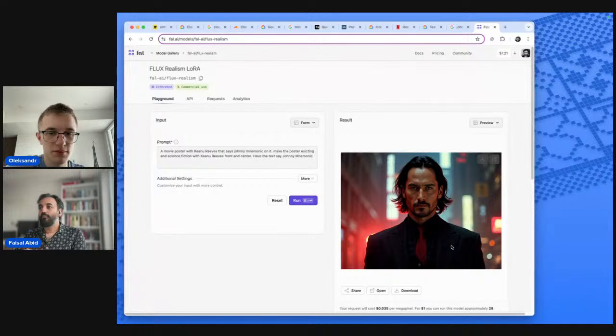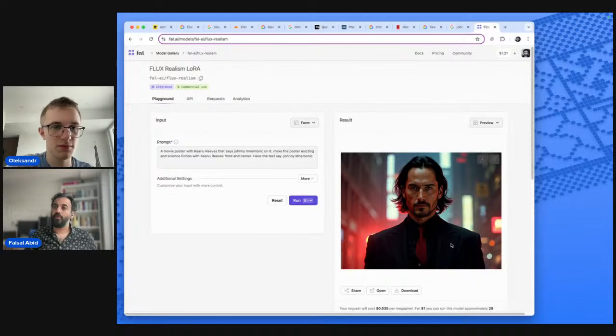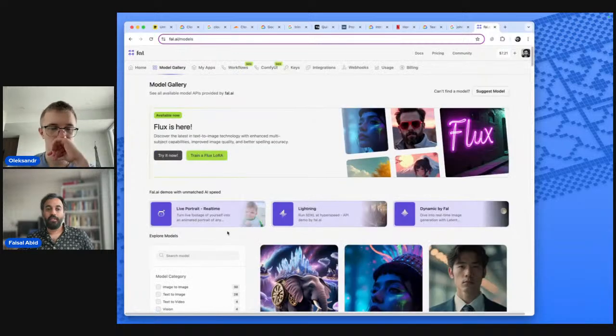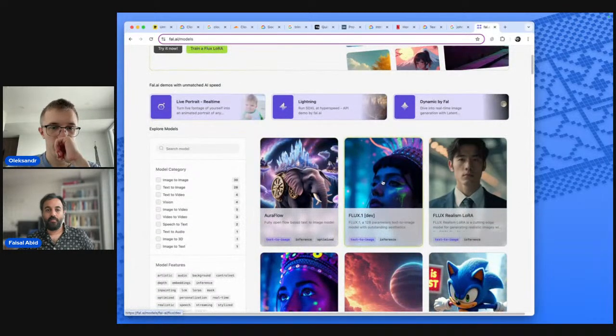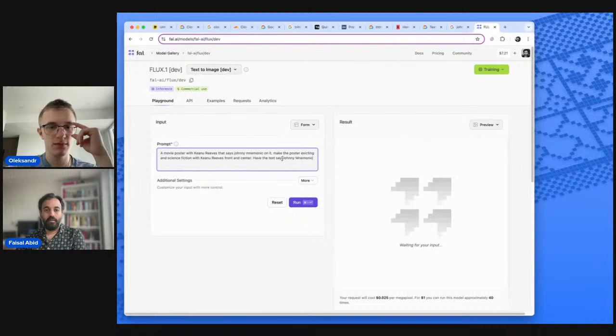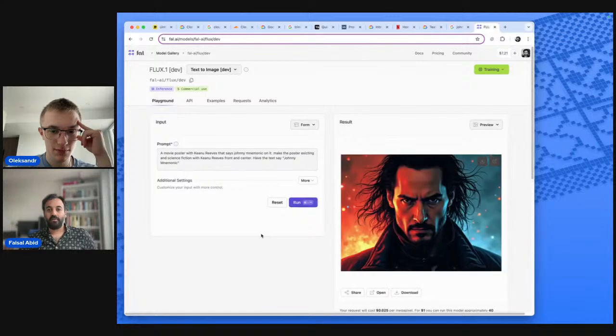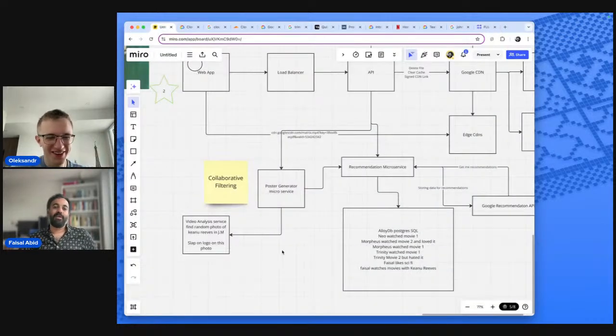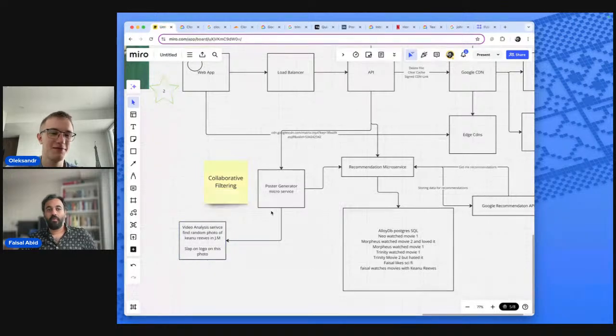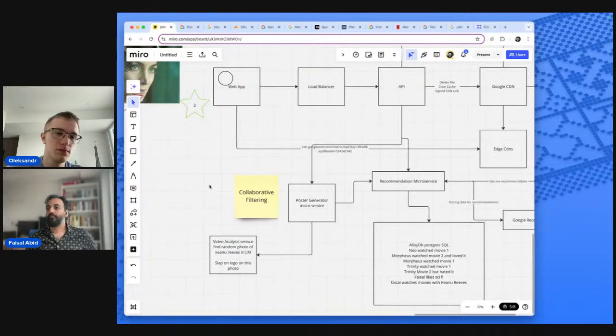Now, when it comes to movies, the studios will probably not like it. But if you're building a video service like a YouTube clone, there's nothing stopping you from doing this, right? Or if you're generating your own, it's very possible to do all of this. Let me try one more. I just want to get it working, just as an example. Yeah, it doesn't work. But anyways, that's what you would do, and you would get that poster, and then you would display that poster.